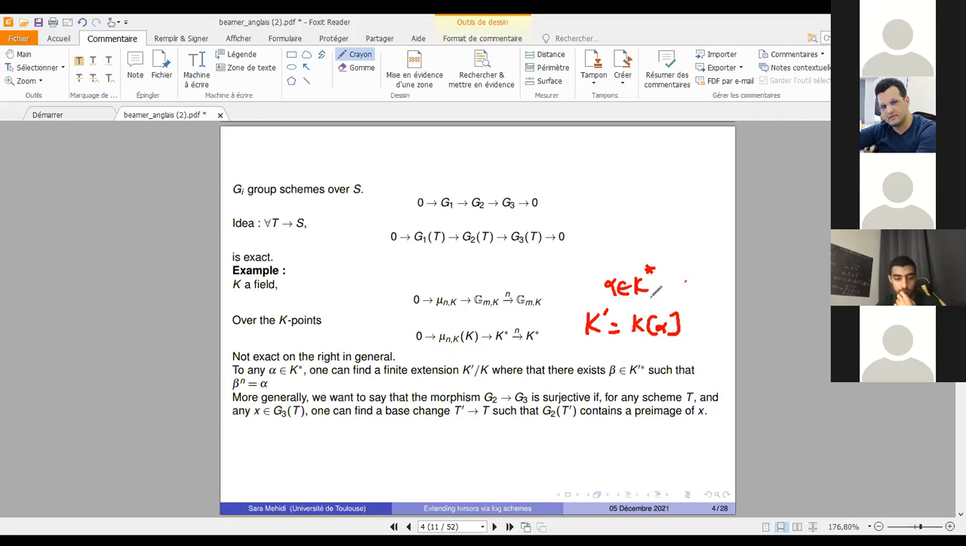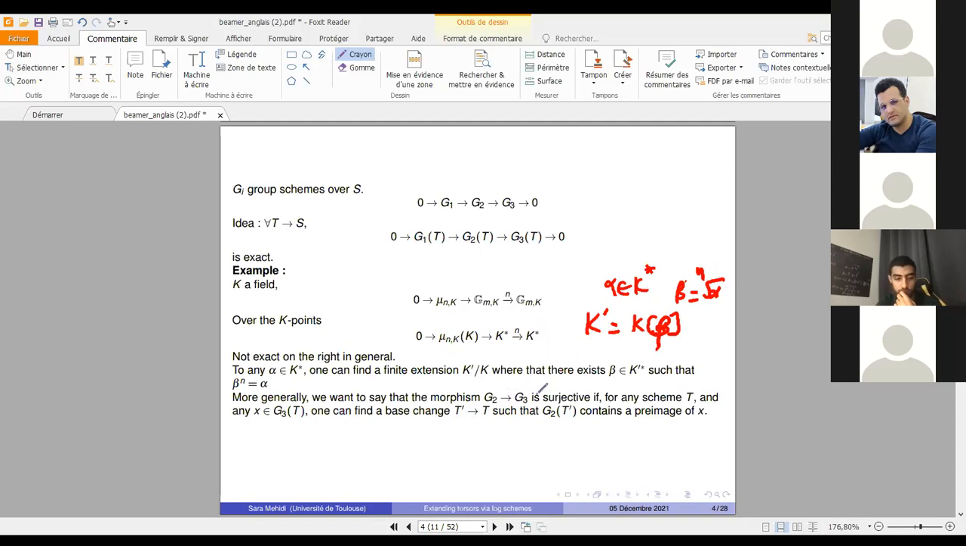I take beta to be the nth root of alpha. So if I take this finite extension of K, then I have a preimage here of alpha. And this suggests to say that a morphism G2 to G3 of group schemes is surjective if